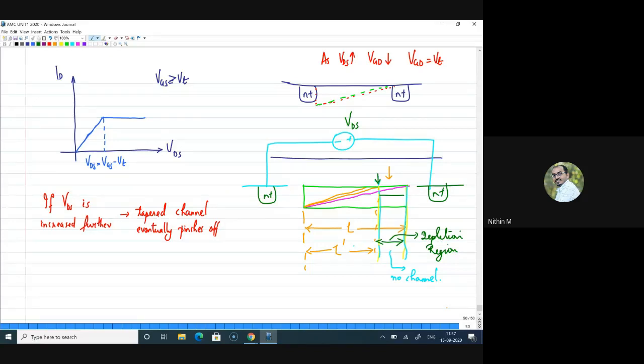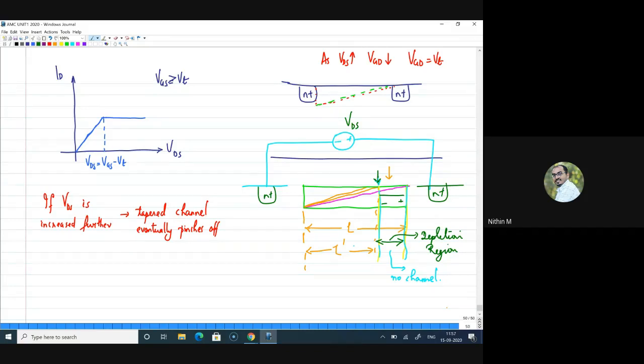Now once the electrons reach the end of the channel, the electrons will experience a high electric field. Why? Because there is a depletion region and we are applying a VDS. That VDS has to drop somewhere, and since there is a highly resistive depletion region available, the voltage will in fact drop here, and that will create an electric field. Now the electrons reaching this end of the channel will be pulled by this high electric field in the depletion region surrounding the drain region, and those electrons will be rapidly swept to the drain terminal.